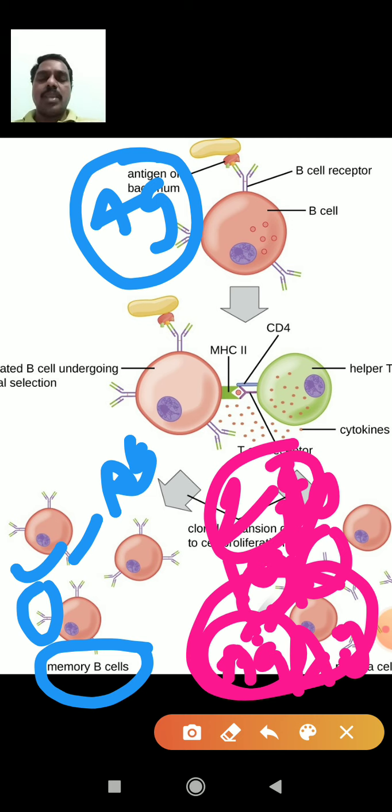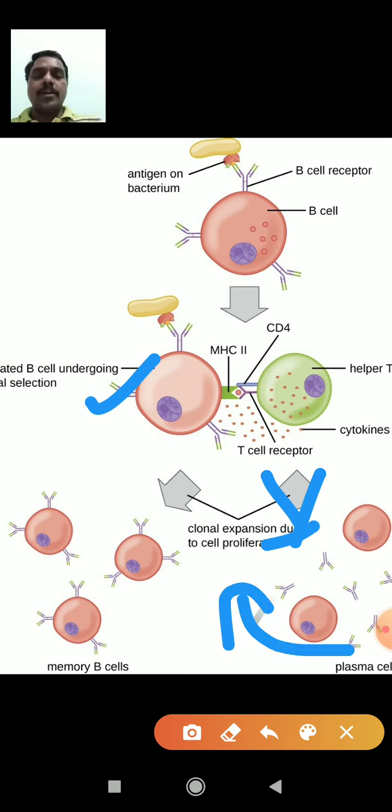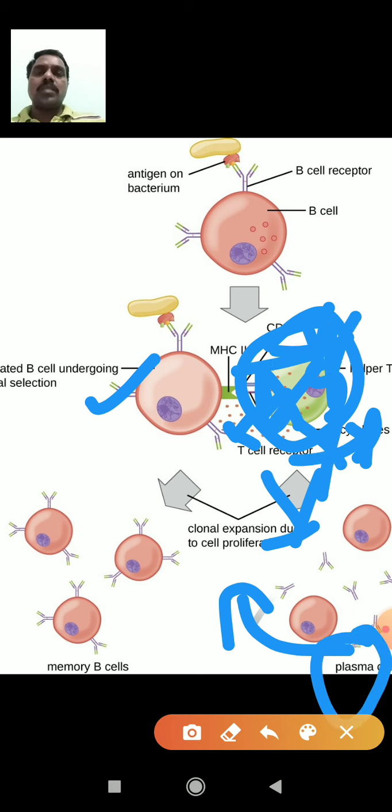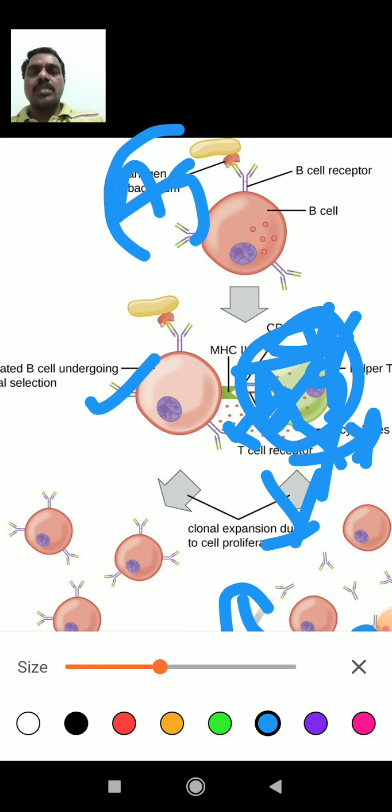For example, suppose malaria enters our body. Then the B cell is activated by the macrophages or T helper cells, or on its own, and releases plasma cells. These plasma cells destroy the malarial antigens. So that person is cured of malaria. The immunity is gained by the plasma cells and the antigens are destroyed. But after 1 month or 2 months or 1 year, malaria attacks the same person again.